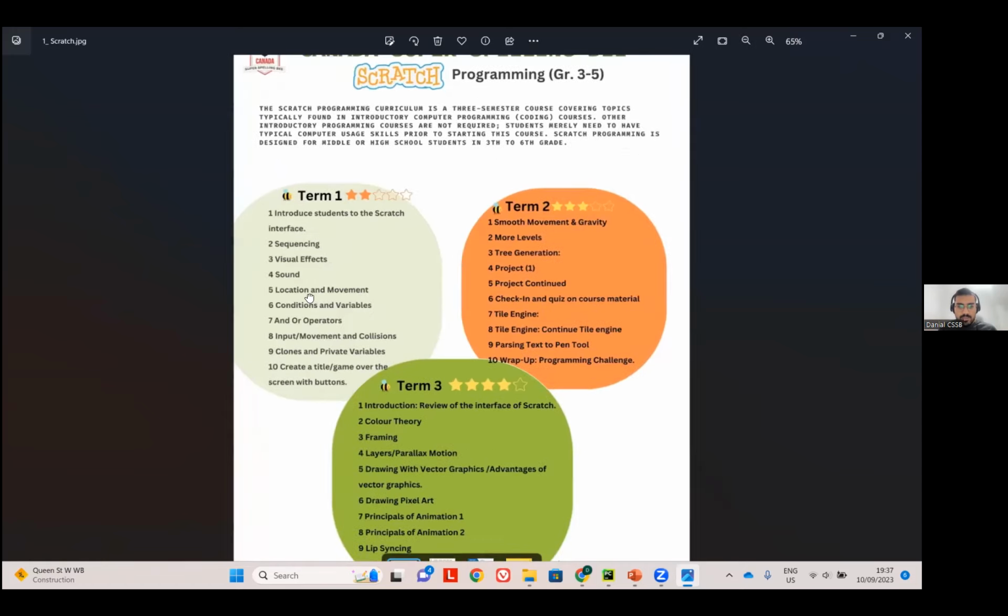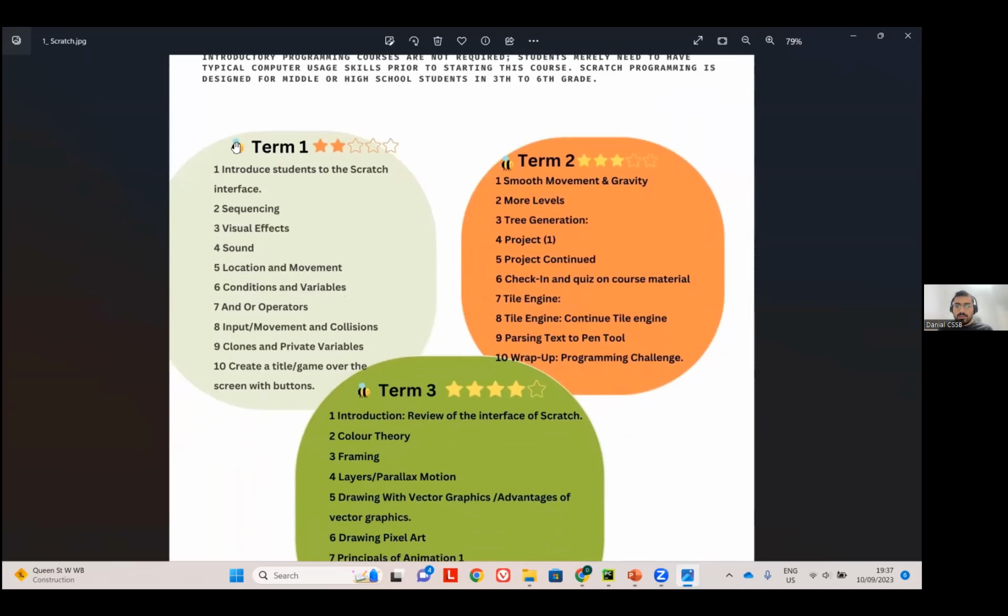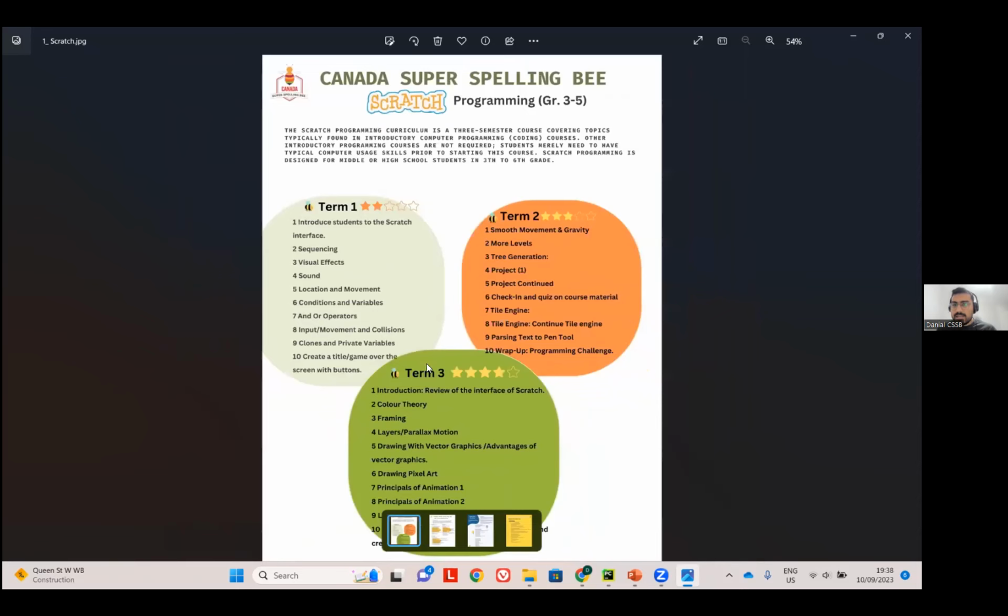So we can see, okay, if I'm 100% sure about all of these things that are going to be introduced in term 1, I can start from level 2. That will be the hint for you. But if you see that some of them are blurry for you, we also recommend to start with that level. That would also be a very good review of all the things that you might have in your mind.